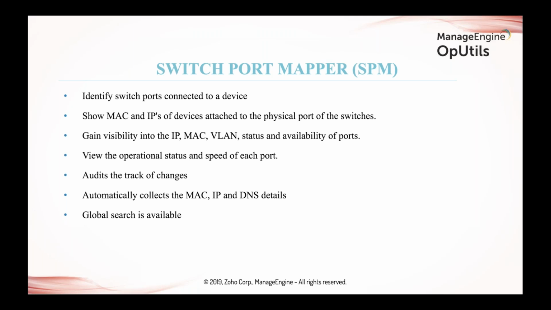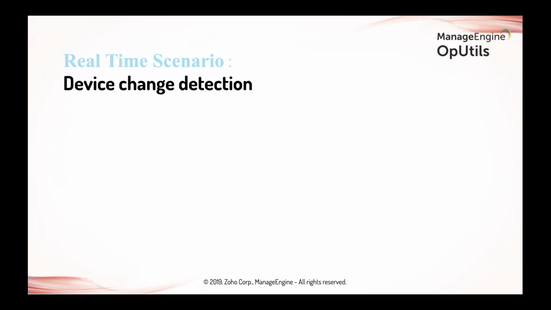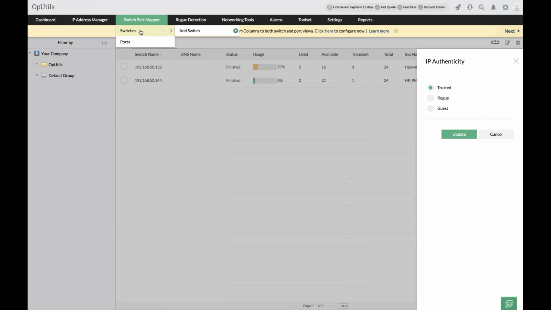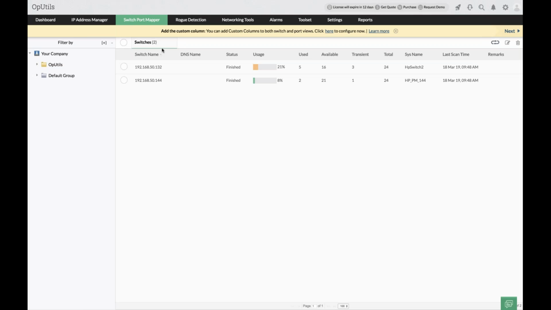And we do have a global search, so you can directly move to the switches you actually want, and you can view the direct switch details instead of moving around. So let me quickly take you to the switchport mapper and give you a brief description here. You can click on switchport mapper switches to enter the switchport mapper. You can add a particular switch by clicking